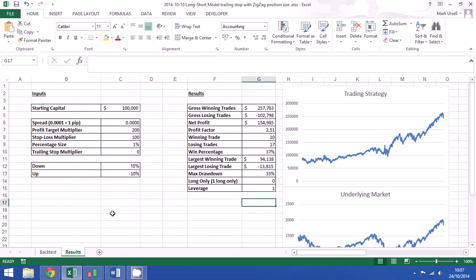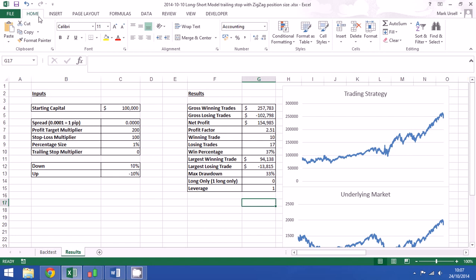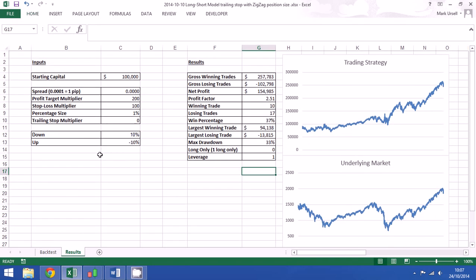So I've got a results page here, and we can see how the strategy fared over this time period. Probably just have a look immediately over here at the two graphs. We've got the underlying market here. This is the S&P 500 over this time period. We've got the 2002-3 lows here. We've got the 2008 lows here, and then we've got the current bull market that we've seen since then and the October decline